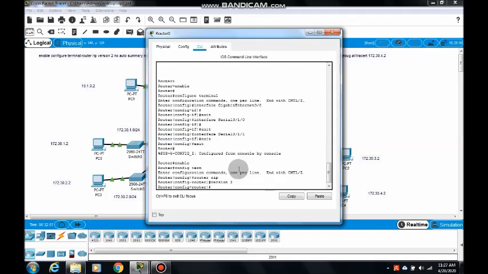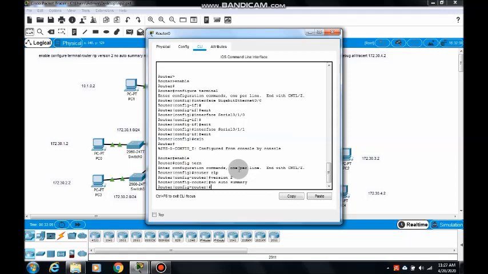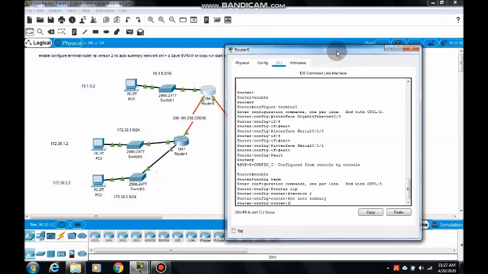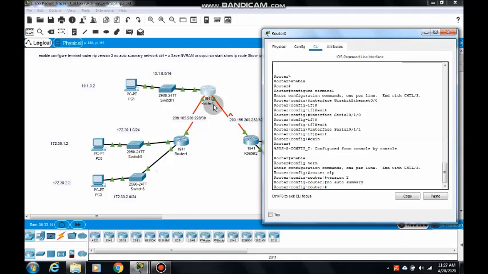Since it's RIP version 2, no auto-summary. Now router 0 is connected with the 10.1.0.0 network and these other networks. 3 networks are there. So give the command network 10.1.0.0.